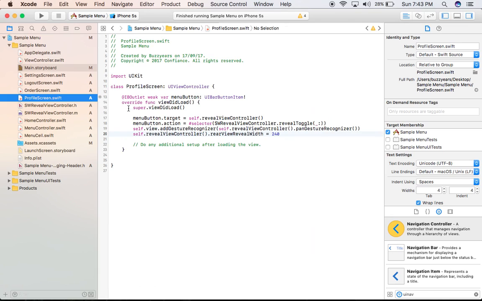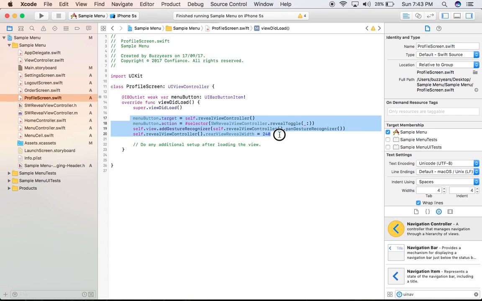Let me show you. As you can see here, this is the code which will toggle the slide menu on click of this menu button. But this won't be the optimized way if we keep writing this code again and again in all the controllers where we want a menu button to toggle the slide menu. So instead of writing this code again and again in the order screen, the logout screen, or the settings screen, we will create a